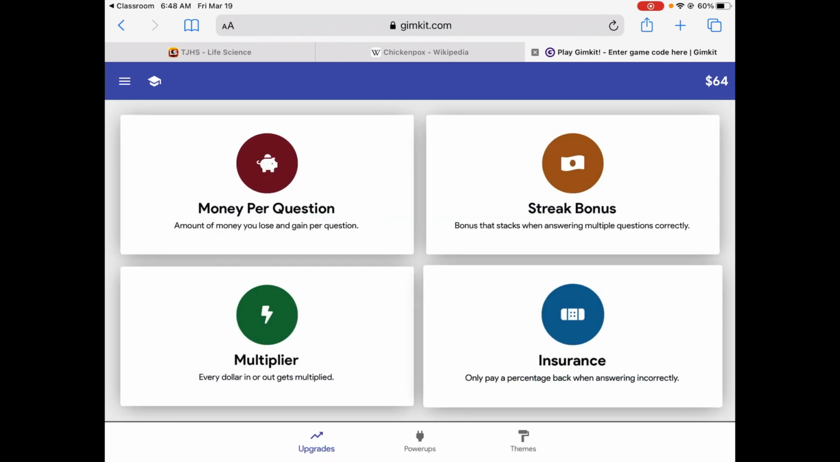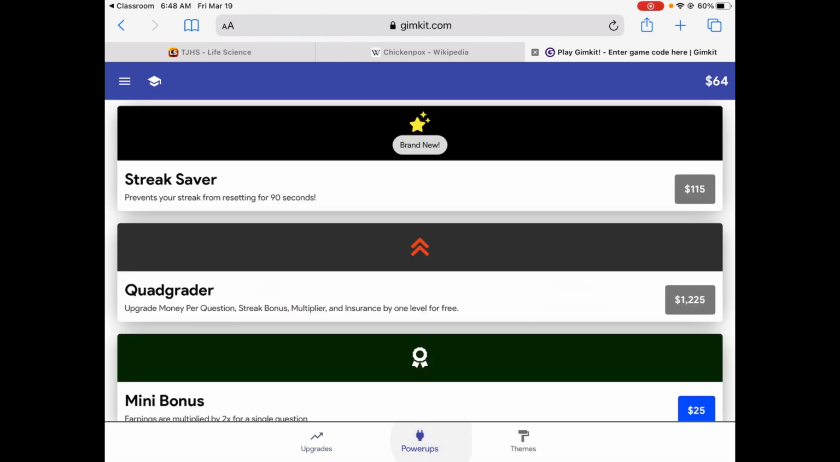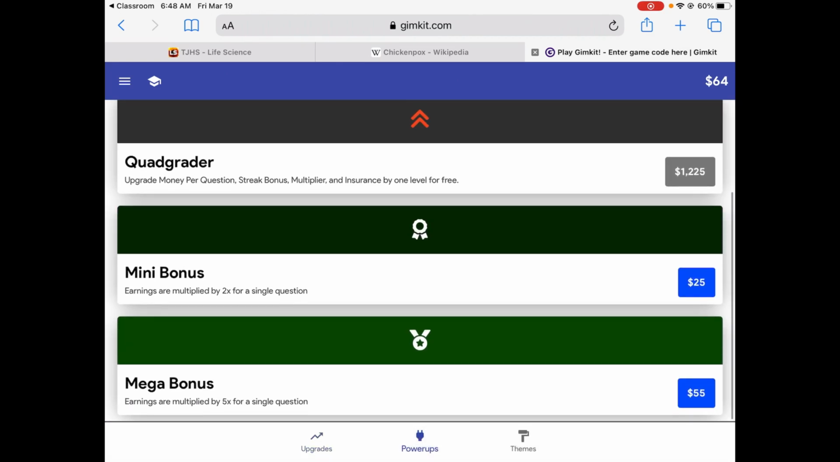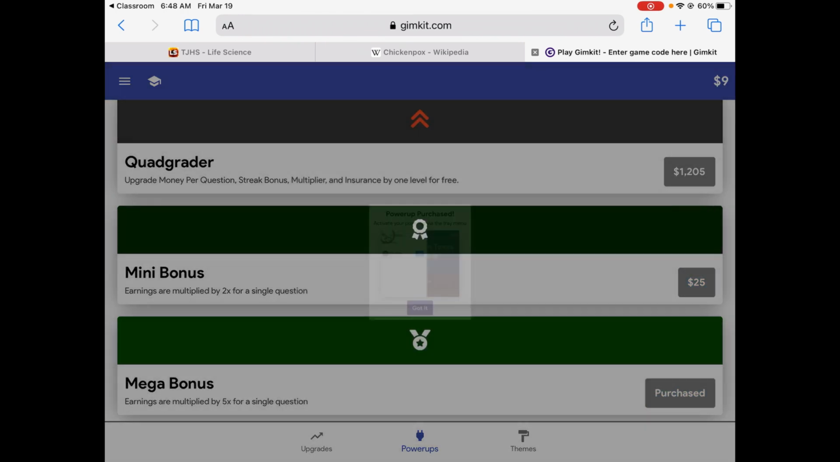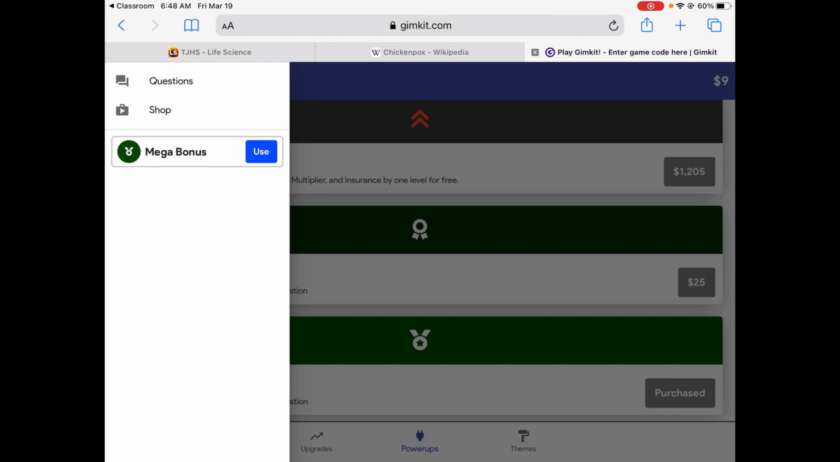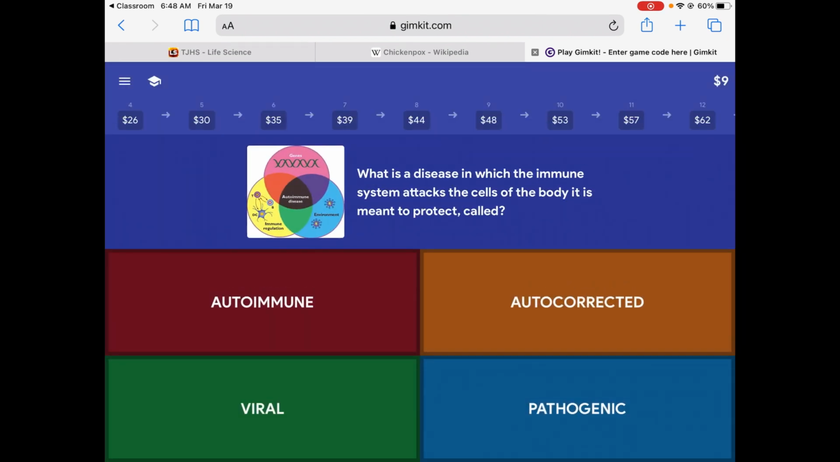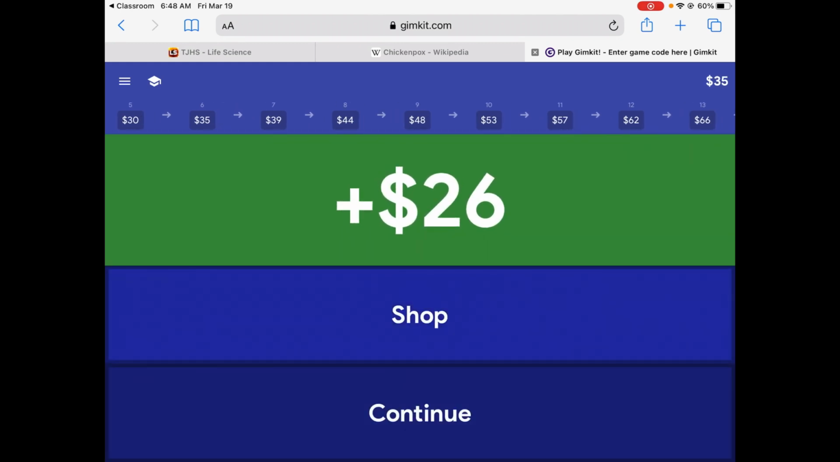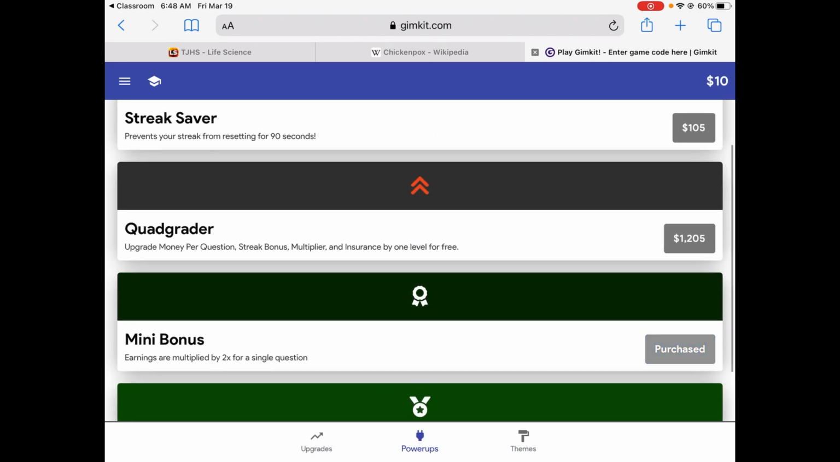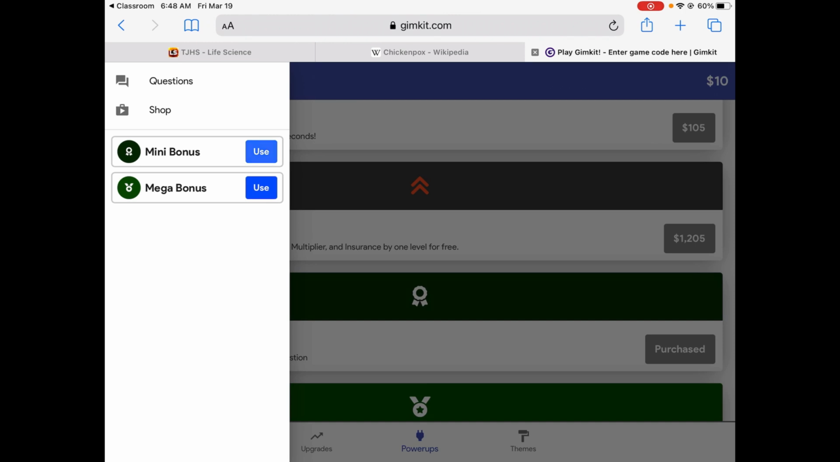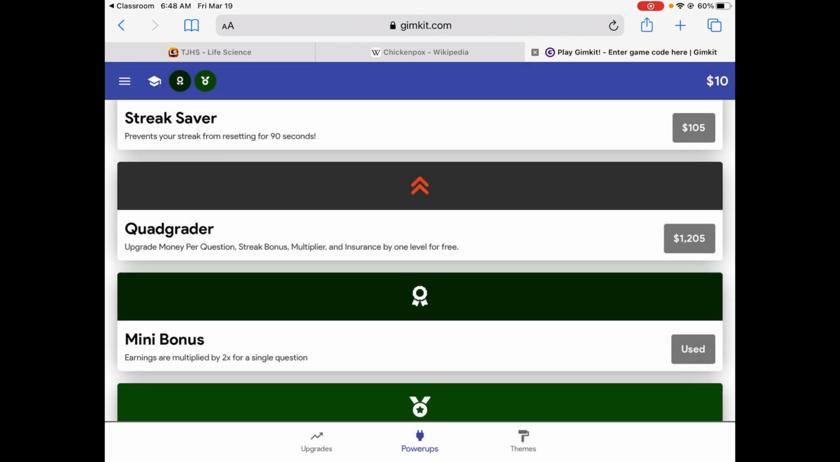I want to go shopping here. So if I go to power-ups, the mini bonus and mega bonus can really help us. Now the mega bonus, if I use it on a question I know the answer to, it multiplies how much I get. The immune system attacks the body it's meant to protect, called autoimmune. So I'm going to go back and shop because if you use the mini bonus and the mega bonus together, so if I use them together,